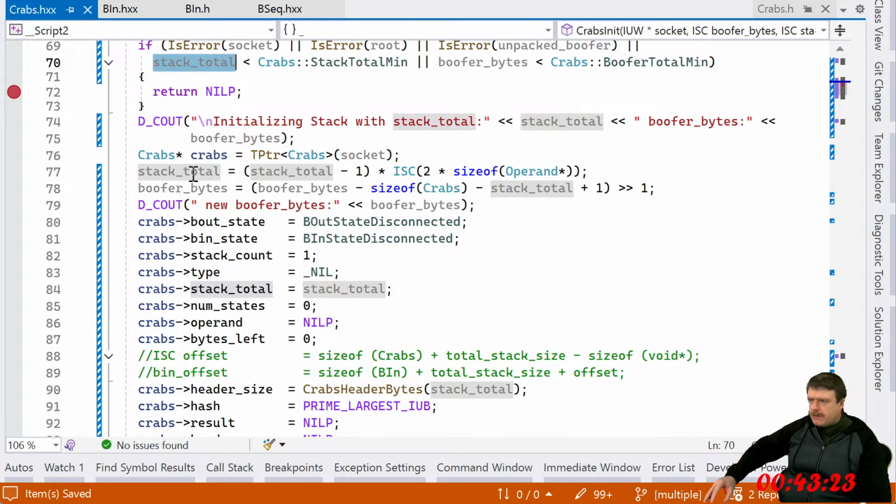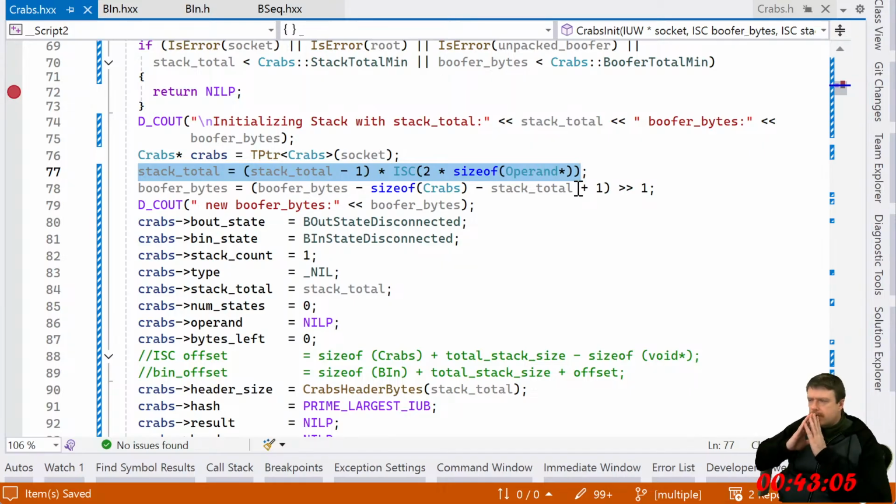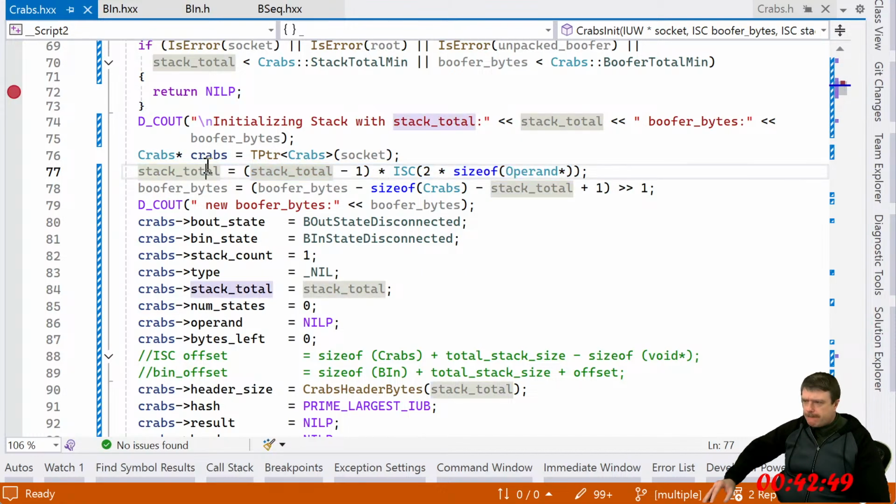Why is this... How am I going from, here's the size of my stack, to now here's the size of my stack? I'm a little bit taken aback by that one. I have no clue what to do. So what am I calculating here?